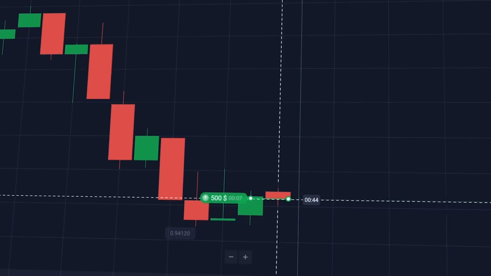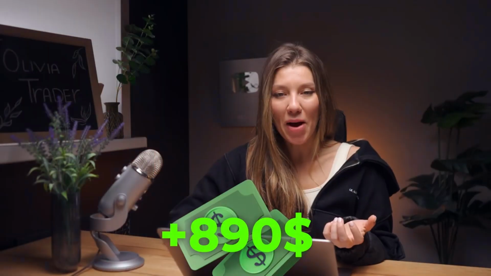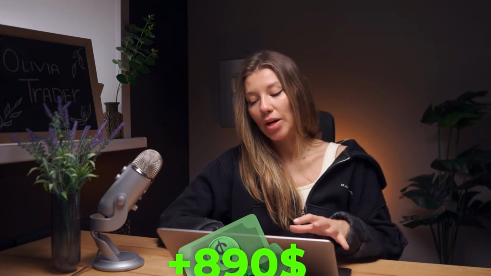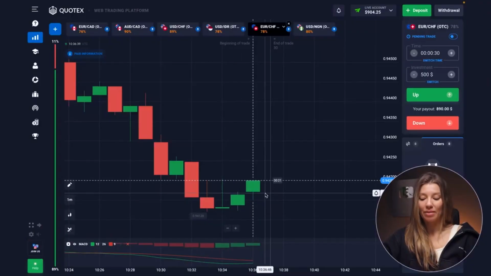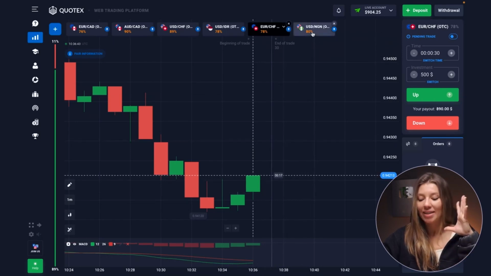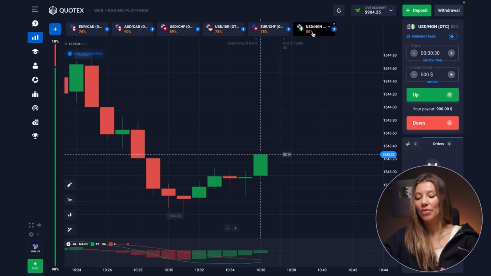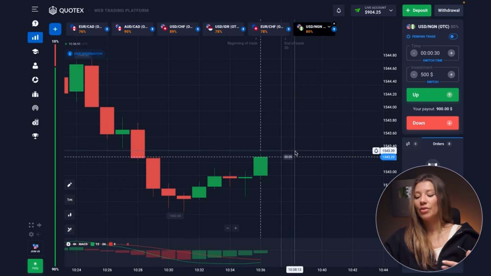It was perfect. So if you know what I mean, this doji was showing us the reversal in sentiment. So we end up pretty well. What do you say? By using this reversal, we end up pretty well. So let's go further. And my friends, well, considering the pair of United States dollars against the Nigerian naira,